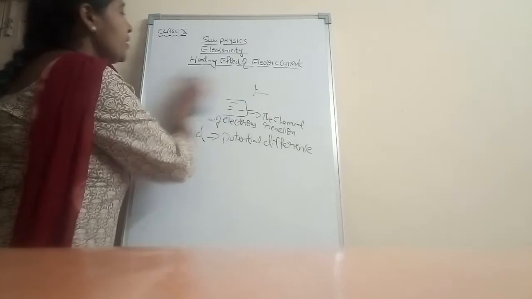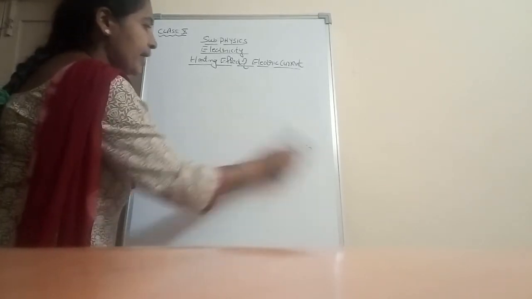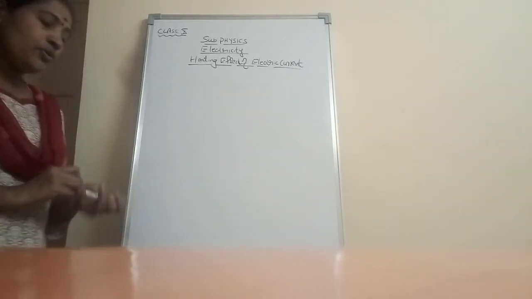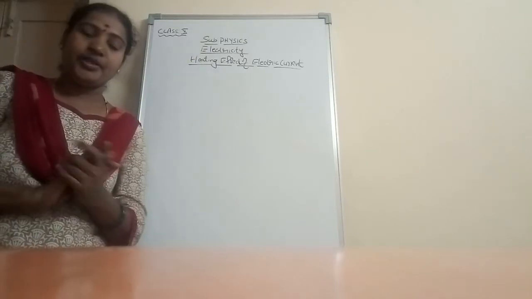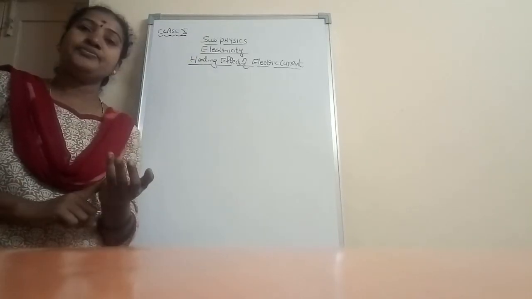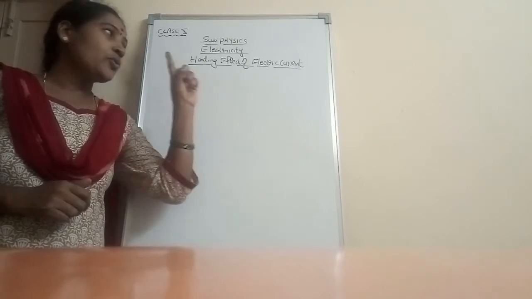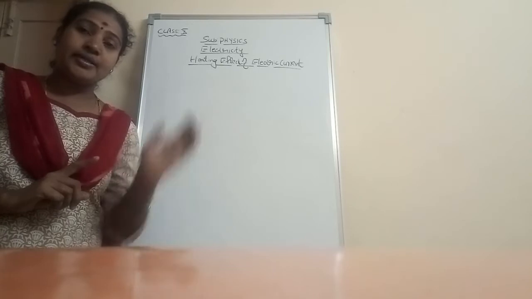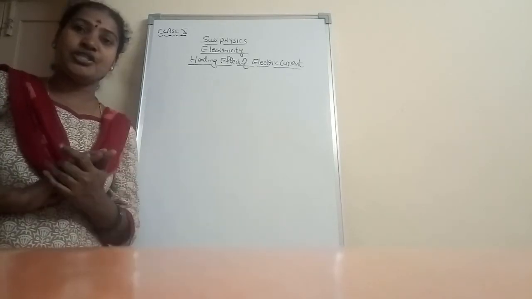Now, when we are using this cell or a battery in our electrical gadget, so what is happening? I will give you one easy example, electric fan. Everyone will be aware of the fan. In your school rooms it will be there. In your home also many fans will be there. So when you switch on, the fan will rotate. So there electrical energy is converted into mechanical energy.